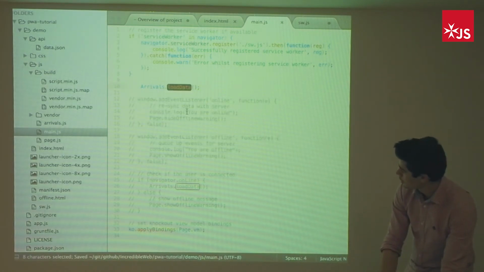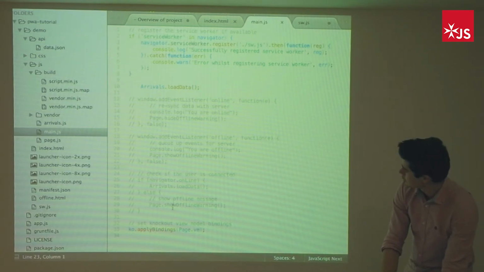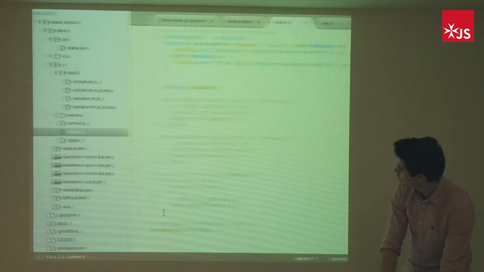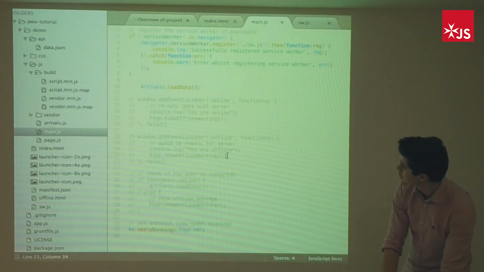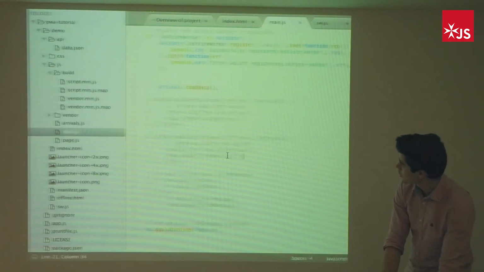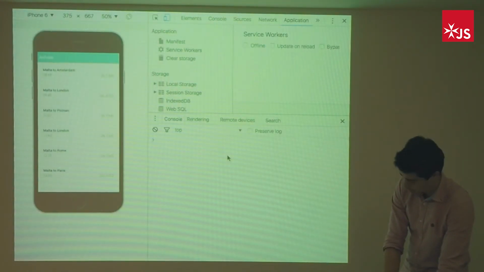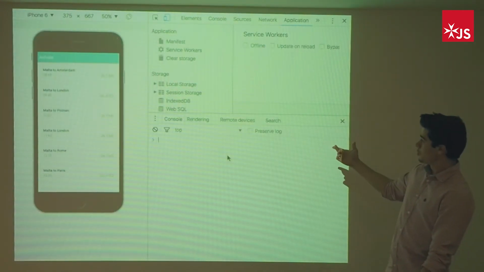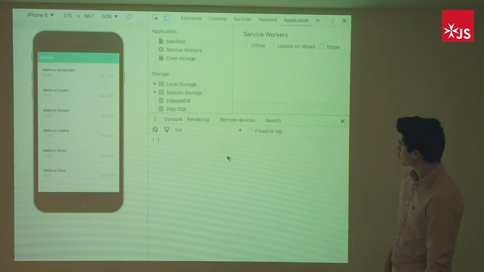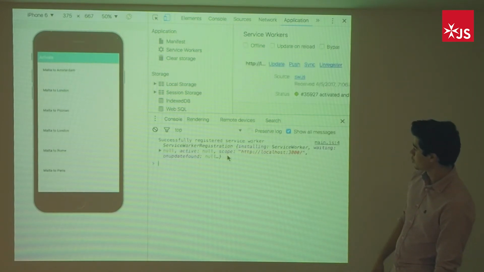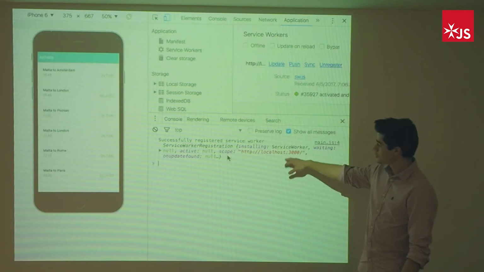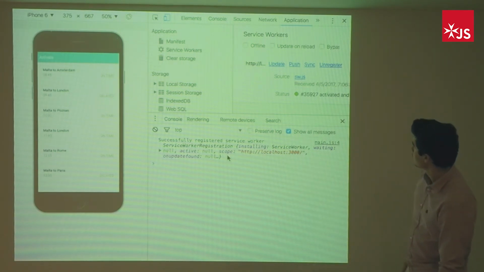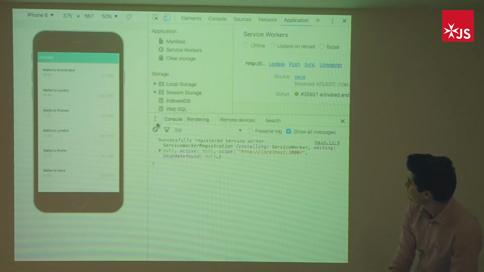We're going to load the data as usual. So what we should do now is we should load our page. I covered the service worker, I covered its initialization. So on page refresh, on the first time, it's going to show from the console.log that the service worker has been registered. And inside Chrome,